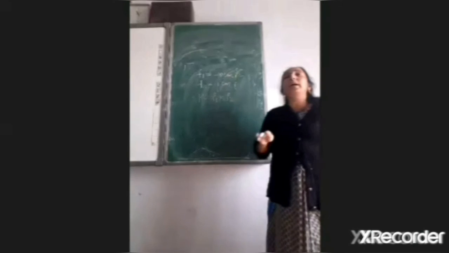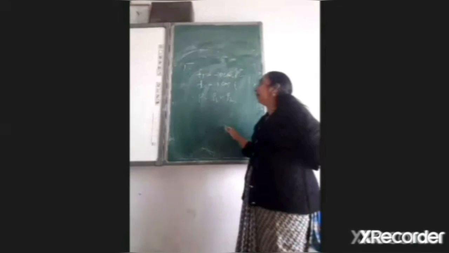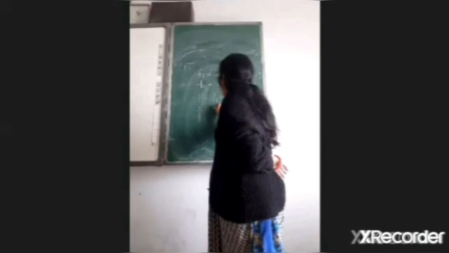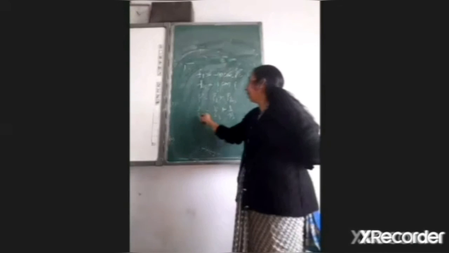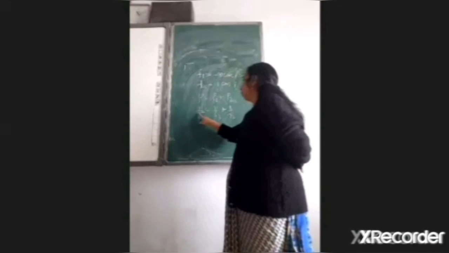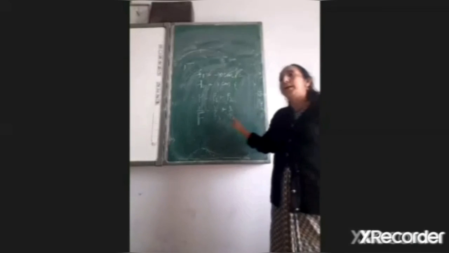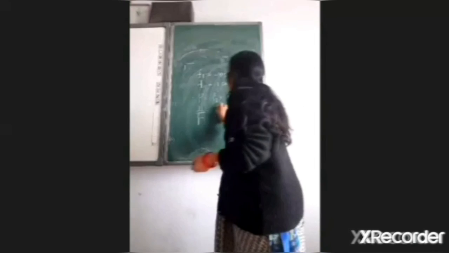Now I told you that power is equal to reciprocal of the focal length, but it should be in the meters. So 1 upon F is equal to 1 upon F1 plus 1 upon F2 is also a formula for the focal length. ये भी एक formula देगा आपका. 1 upon F is equal to 1 upon F1 plus 1 upon F2. तो या तो हम पहले फोकल लेंथ निकाल लेंगे, उसके अकॉर्डिंग पावर निकाल लेंगे, and we will first find the powers, then we will find the focal length. Okay, so here we have two formulas.